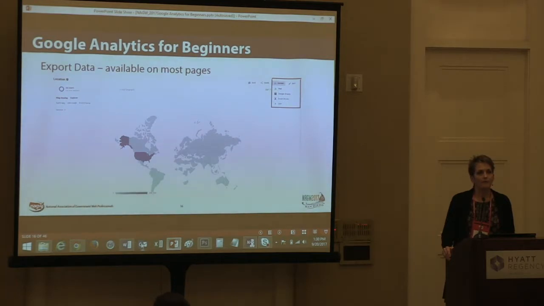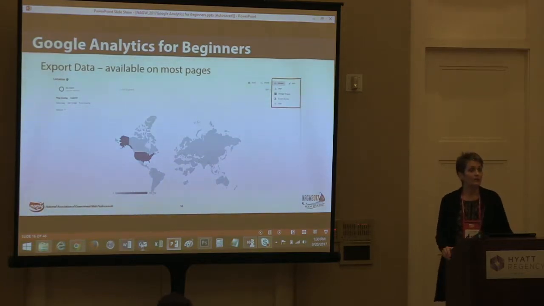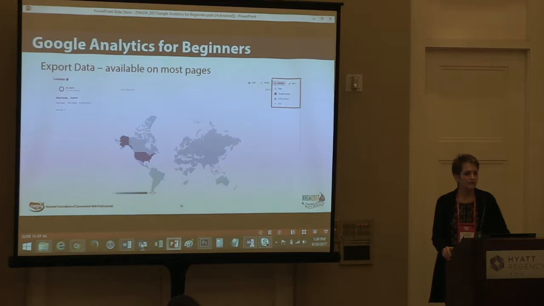just copy the information from there, especially when I do the top 25 pages on the website each month, whichever website it is, and I'll capture that data. I'll capture geographic data and that kind of thing. So it's a very, very helpful function, and it's on virtually every page of Google Analytics.